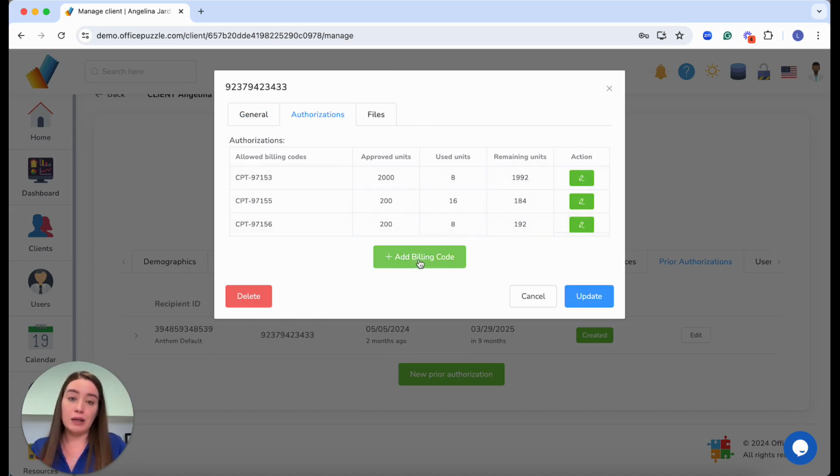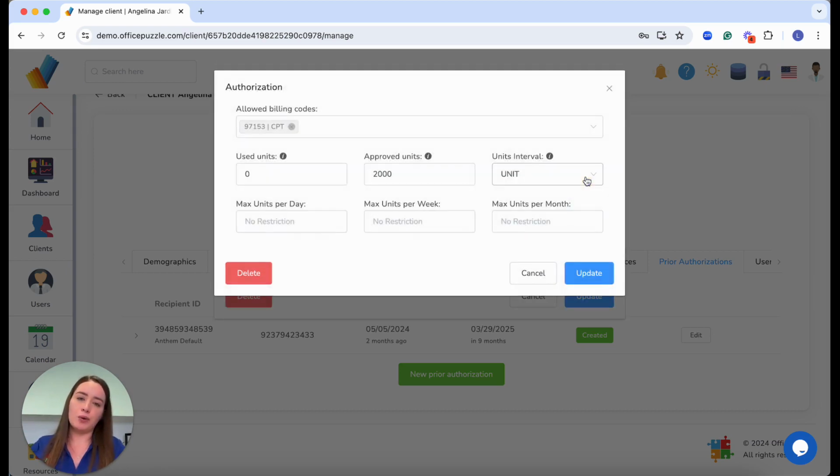I can add more billing codes down here. And again, I can add the units. As we create events, we're going to be discounting the units of those events. So you know how many units you have used and how many units you have remaining for an authorization period. And this is how it's going to look, right? We're going to have the approved units. If you already use units, this is more for a transfer, a company that is transferring and already used some units